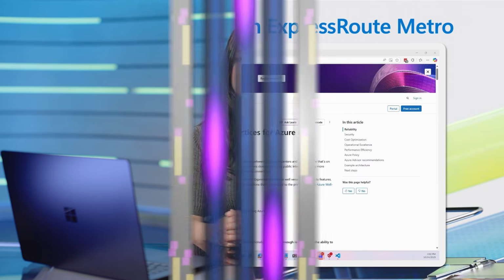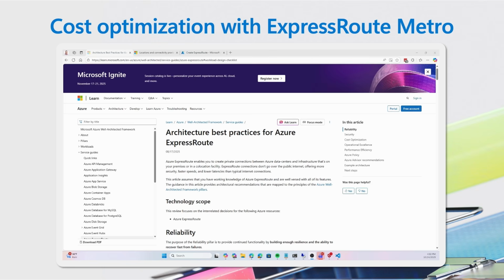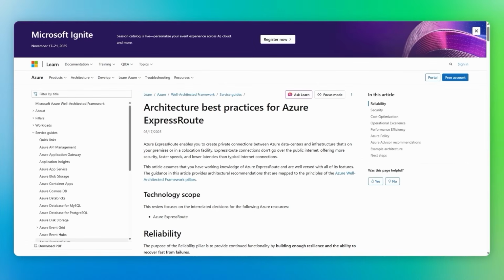By understanding the pricing models, right-sizing your connections, and optimizing your routing preferences, you can ensure your workloads are both cost-efficient and high-performing. Let's dive deeper into optimizations for what is often one of the more investment-heavy components in your network, ExpressRoute. ExpressRoute connects your on-premises environment to Azure using private connectivity, either direct fiber or a service provider's network,